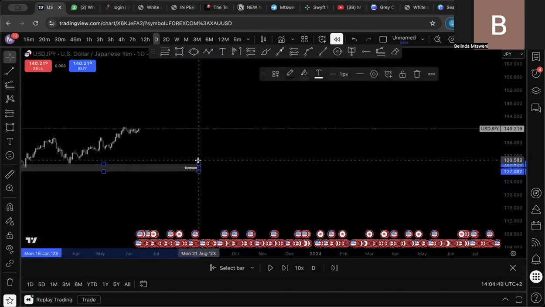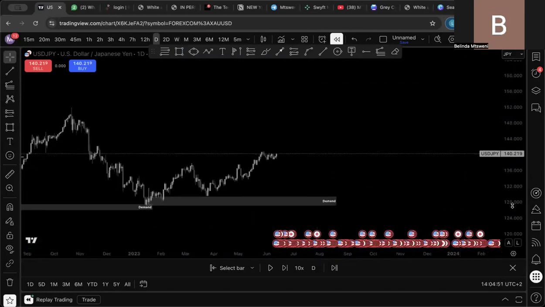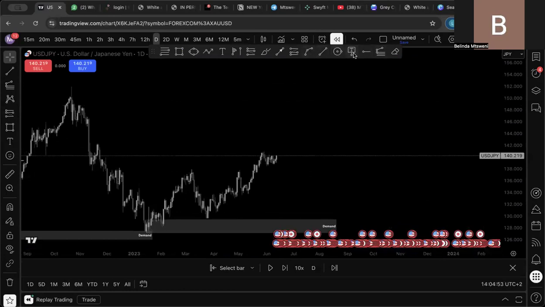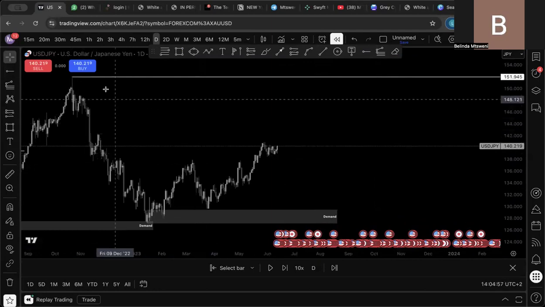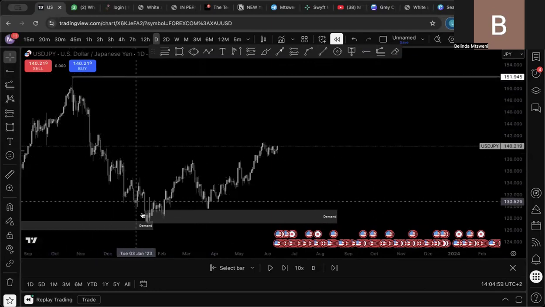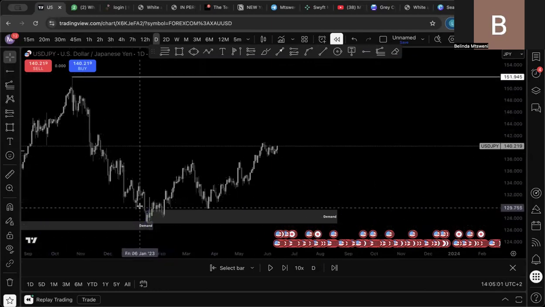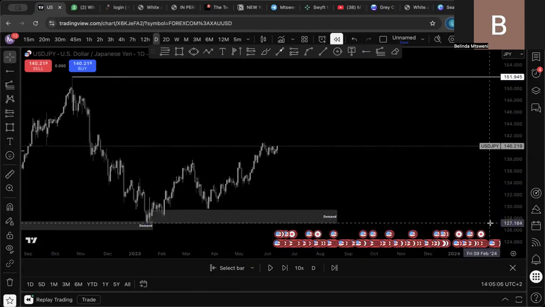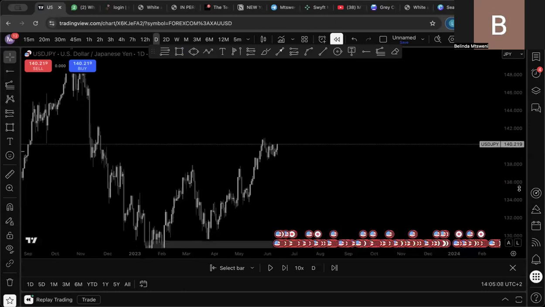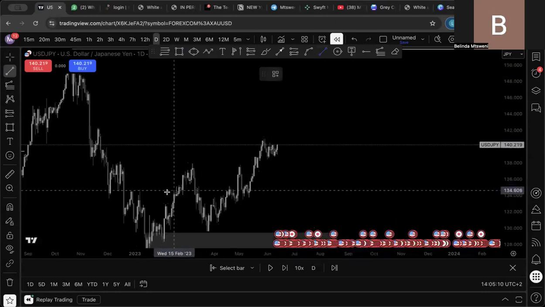like this, we are looking for opportunities that are going to push price up all the way to this high over here that needs to be eliminated. This high was the cause of this low over here, and this low is now going to be the cause of price breaking this high over there. So now if we zoom in like this, we'd also notice again, we had a break of structure over here,